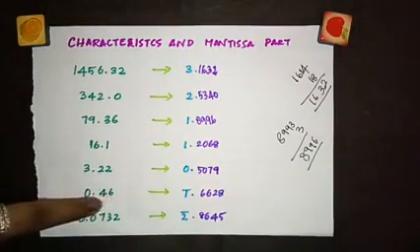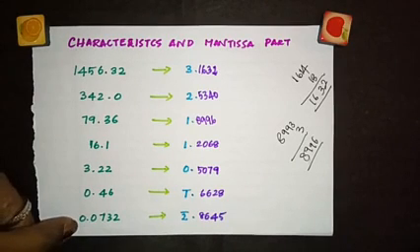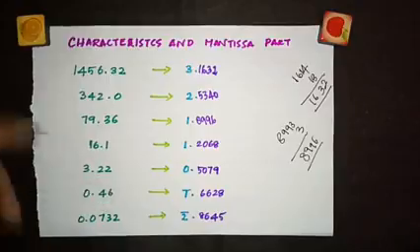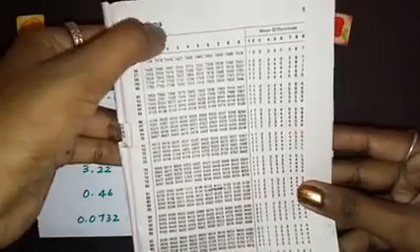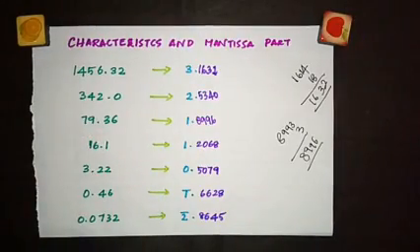Remember, when there are only 2 digits, you have to consider the third digit to be 0. And now look here. When you look into the table, don't worry about these zeros. Start with 73 and 2. So where is 73? 73 is here. So look for 73 and 2. This is 2. So 73, 2, you're getting a value of 8645. So this is how we have to look into the log table for the log values.